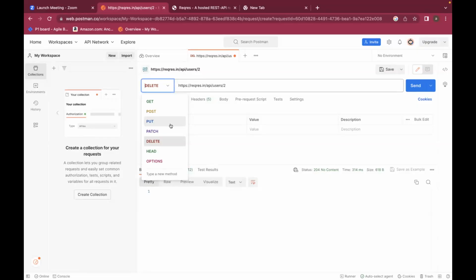No, why do you want to enter key and values for a delete? While deleting, do you enter any values? You simply say where. You give some where condition. That's it. When will you use key value pairs? Whenever you are inserting something or whenever you are updating something. So that is why you have used payload only for post, put, and patch. These 3 only. For the rest of the HTTP request methods like get or delete, you don't need any payload. Just send the request to the endpoint and you are done. That's it.